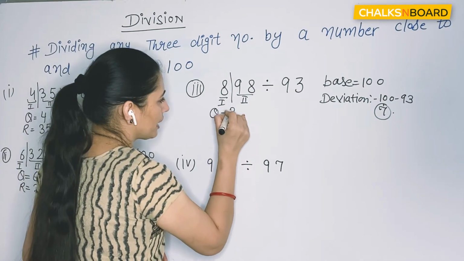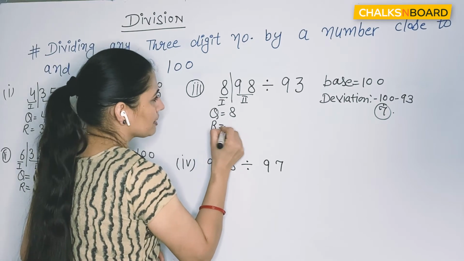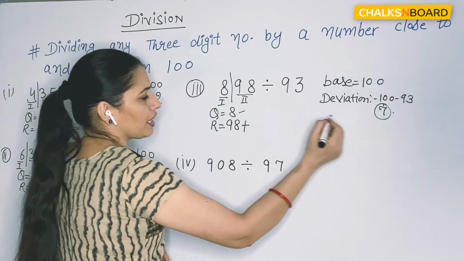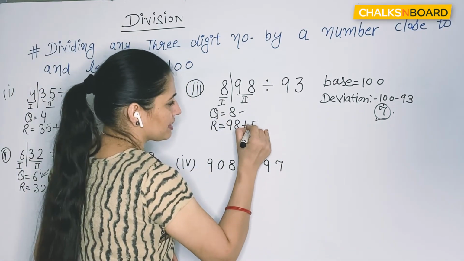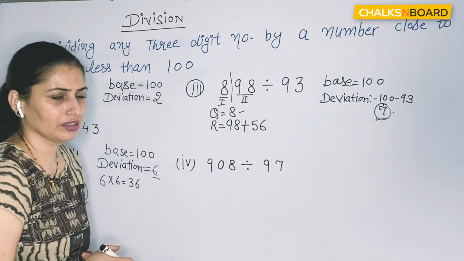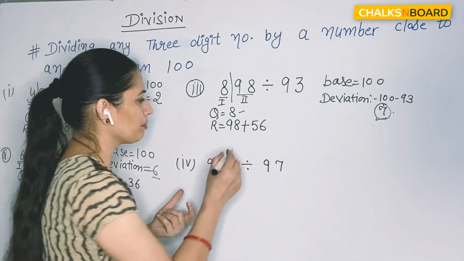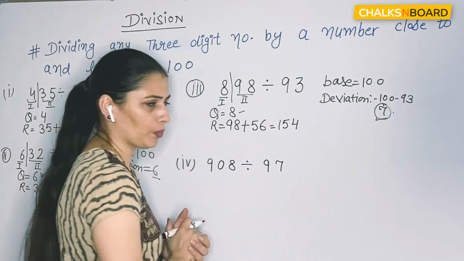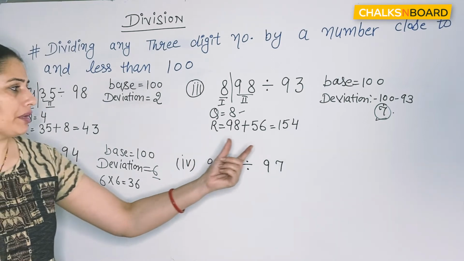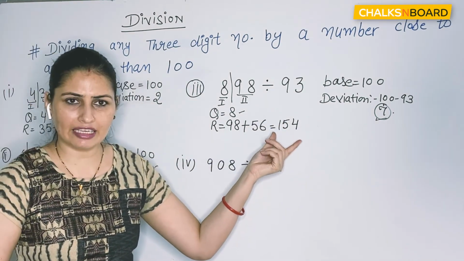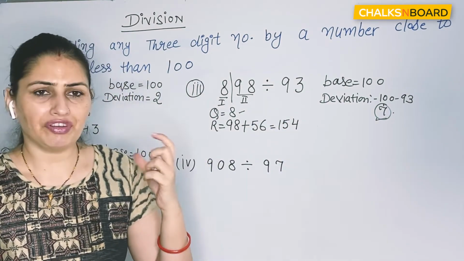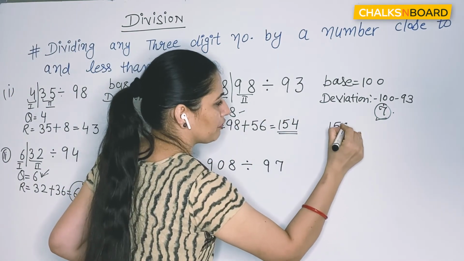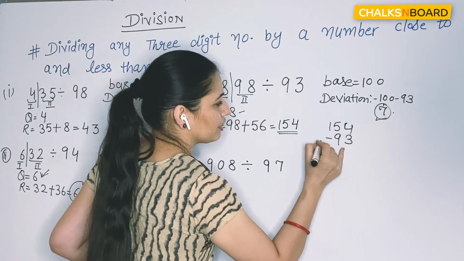So quotient is 8 and remainder is the second part plus multiplication of quotient with derivation, that is 8 sevens are 56. Now we add this number, that is 154. But here your remainder is greater than your divisor, which is not possible. So we have to subtract 93 from this remainder, that is 154 minus 93. It will give